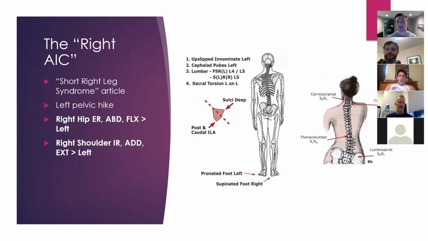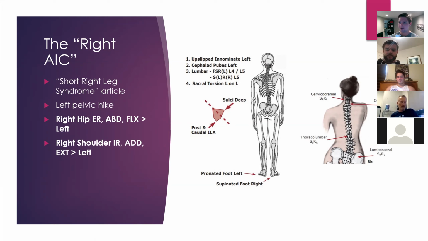Now, to be honest with you, this could be an oblique issue, or sorry, an orientation issue like we just discussed. This could be a lot of things. And to be honest with you, I don't have all the answers when it comes to this right AIC. As far as I'm aware, within PRI itself, they're still figuring this out to a slight degree. But what you'll often see is